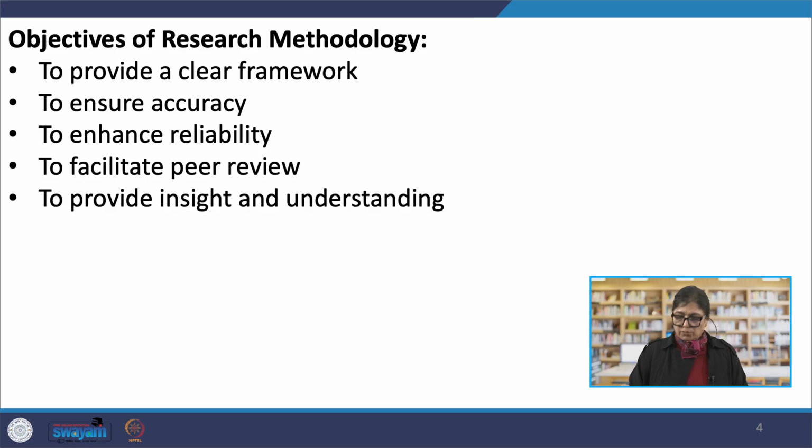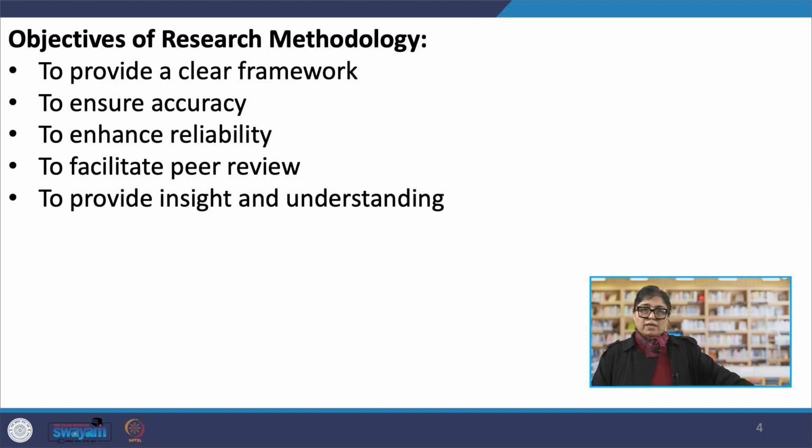So, the objective of research methodology is to provide a clear framework. One of the primary objectives is to provide a systematic framework that guides the entire research process from start to finish. And this ensures that the study remains on track and is conducted systematically. To ensure accuracy, by adhering to a structured methodology, researchers can minimize biases and errors, thus enriching the accuracy